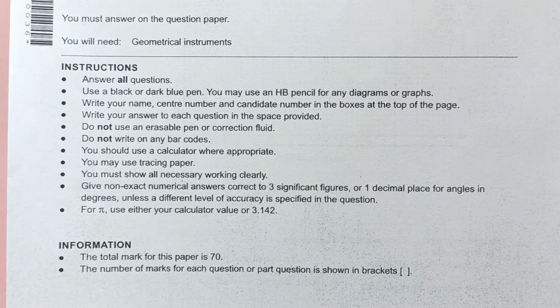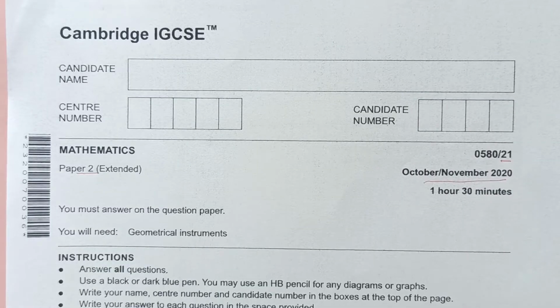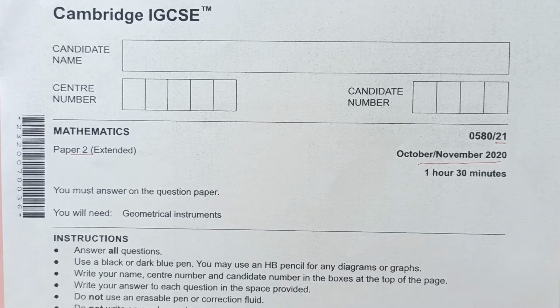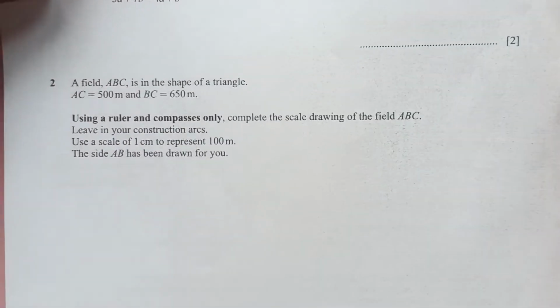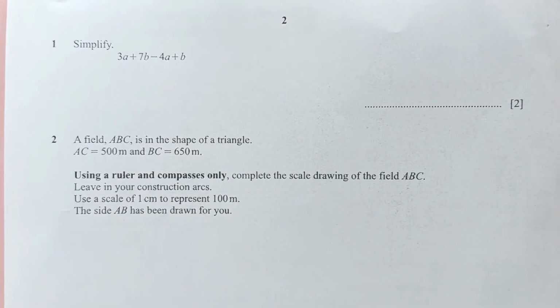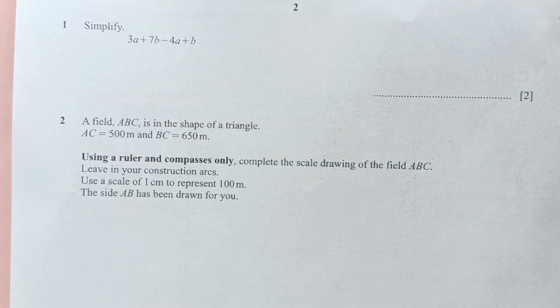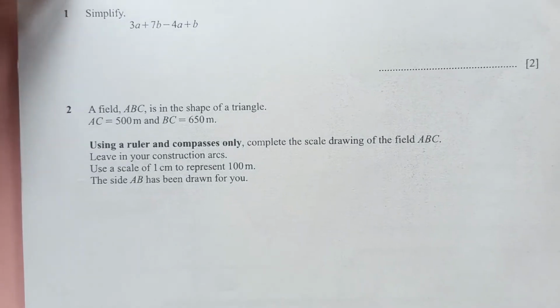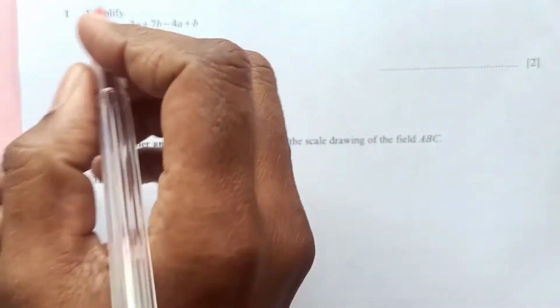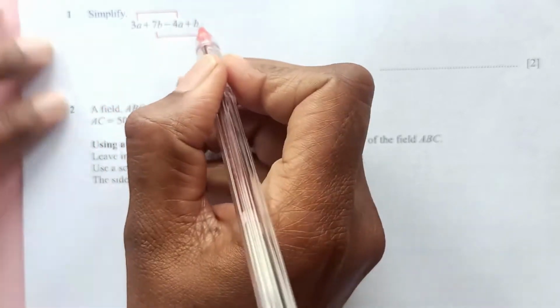So let's start without any delay. Let's see the first question here, from algebra. First one is simplify. To simplify we need to combine the like terms 3a and 4a, then this is 3a minus 4a,